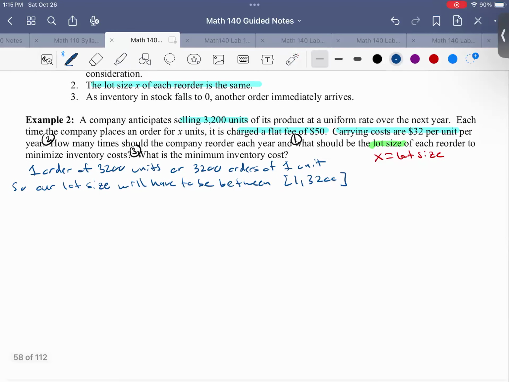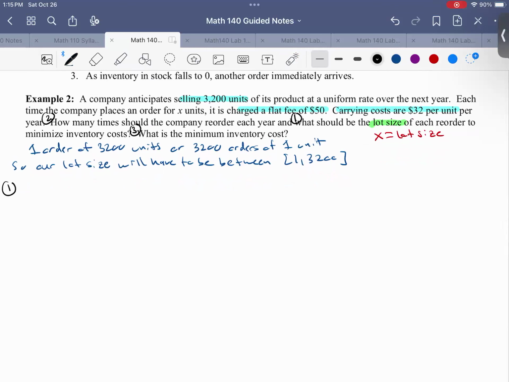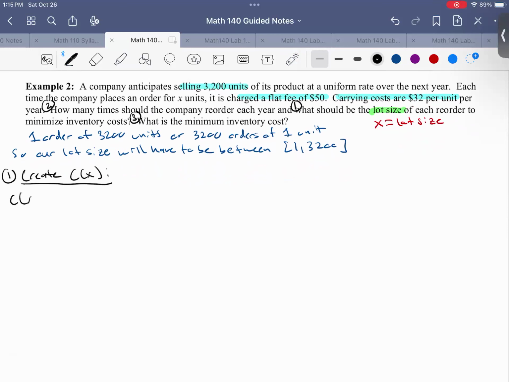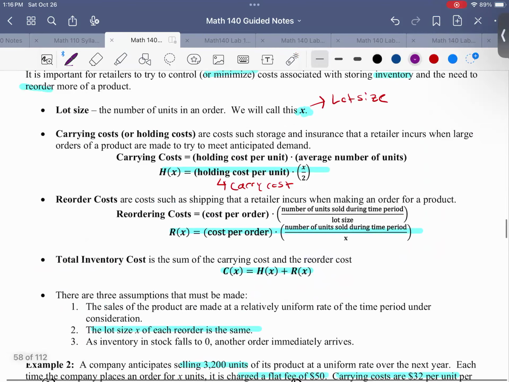So let's write this out step by step. So step one, create our inventory cost function. Okay, so here we go. So we know that the inventory cost function is H of X plus R of X, right? So what I need to do first is find these guys. So I know that H of X is, just looking at my formulas up here,